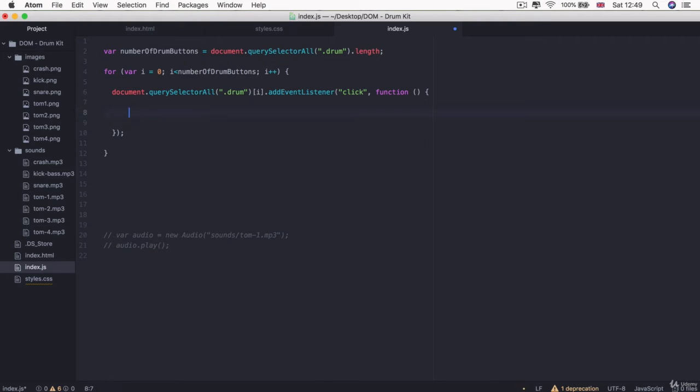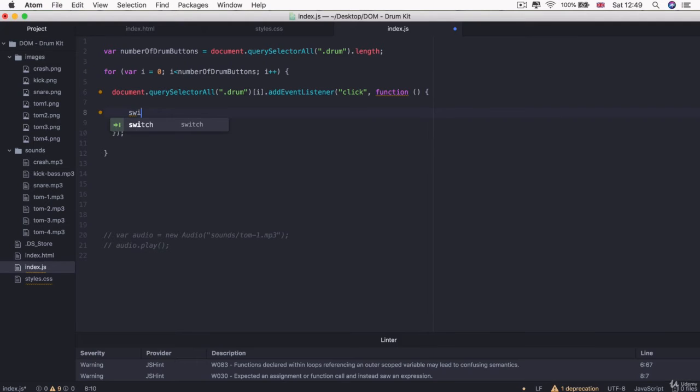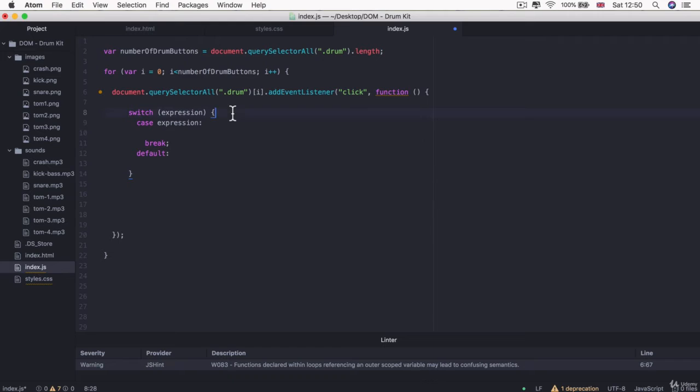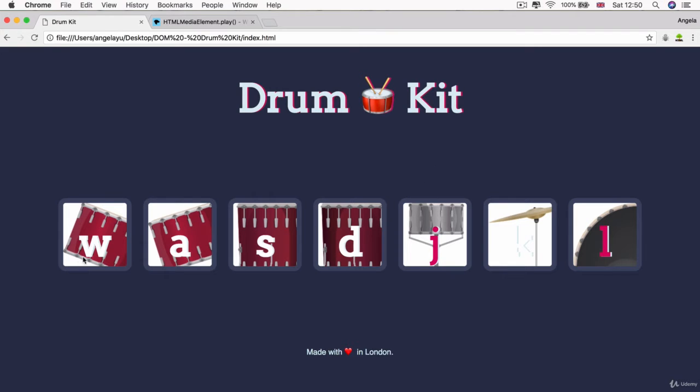So let's delete this line of code and start writing our switch statement. Now, inside Atom, as soon as you start writing the word switch, our autosuggest will helpfully give you the skeleton of a JavaScript switch statement. So if you hit enter, it'll give you the bare bones of what it should look like. You can see the keyword here, instead of if, is switch. And afterwards, we have a set of parentheses, which includes the expression, the thing that we're going to switch on. And in our case, we're going to switch on the letter that is inside the inner HTML of